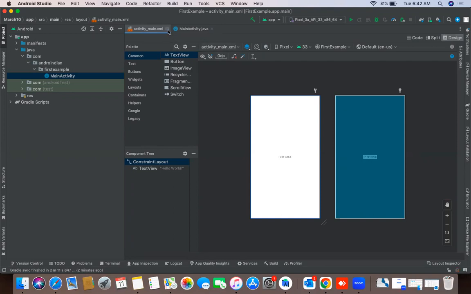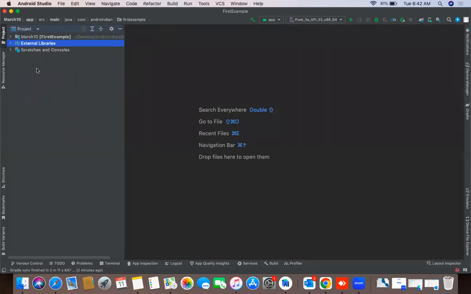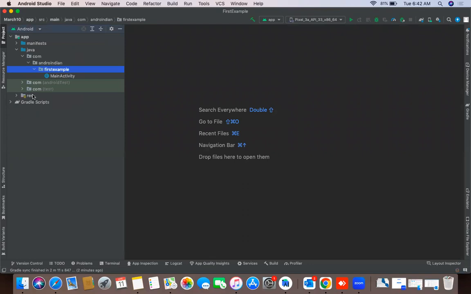In case these two files are closed, the project looks like this. So how to open this? Here, by default, the folder view is loaded as the Android folder. See, the actual project is this, but the default folder loaded is the Android folder. In this there is java. Within java, see, com dot AndroIndian dot